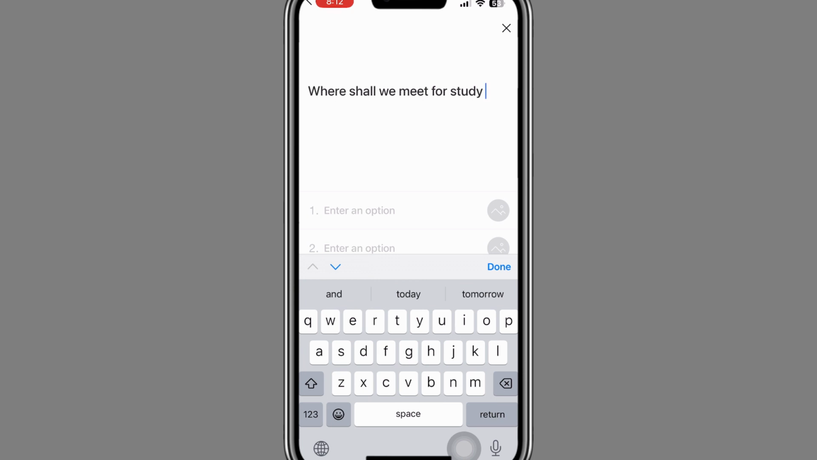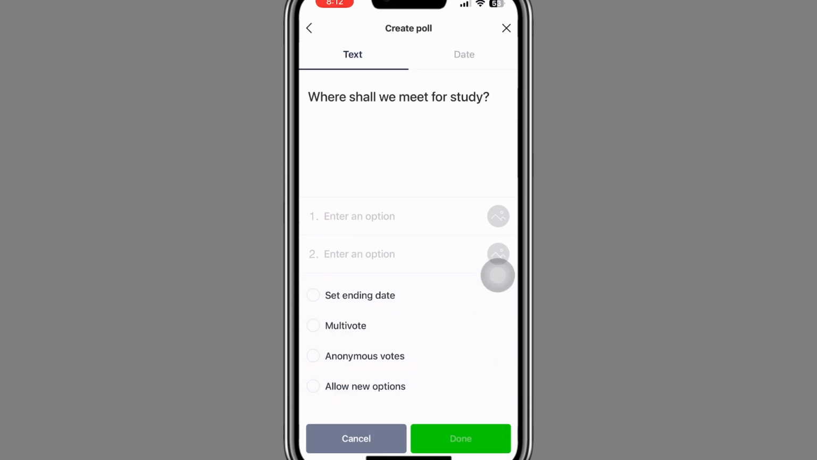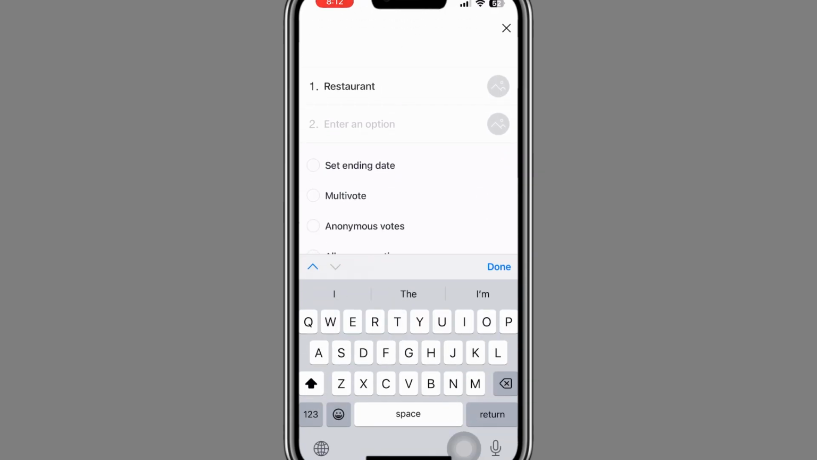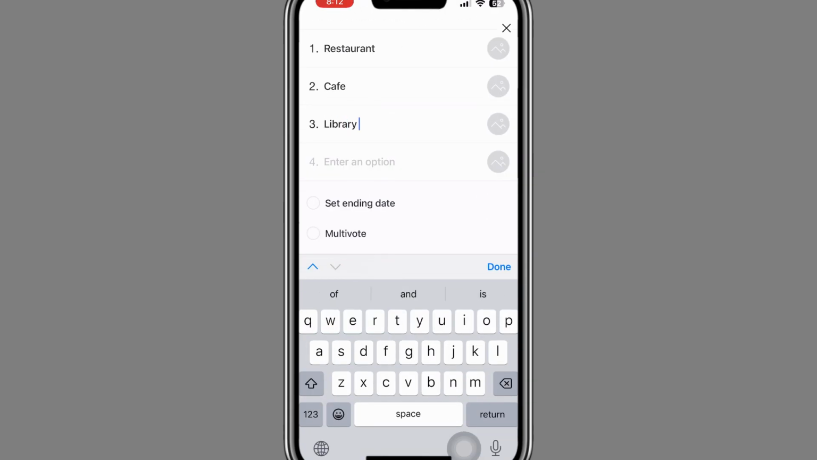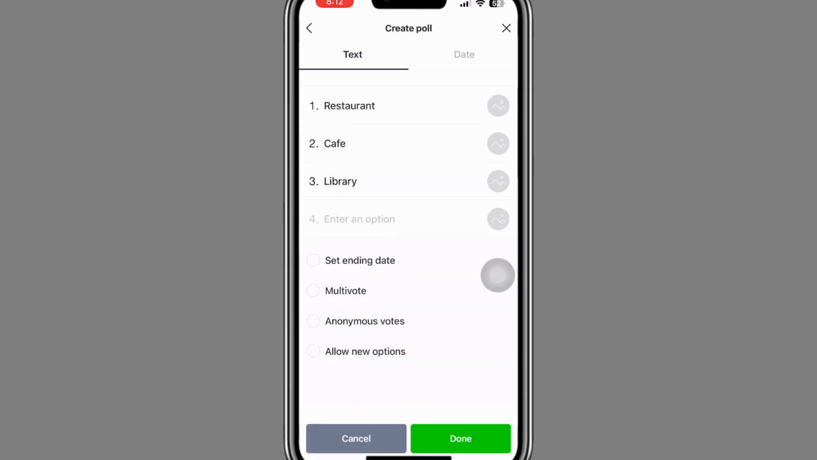Okay, you can type in where shall we meet for story and tap on done. Then list out your answer choices. You can usually add multiple options by tapping add option right here, like add your option. Okay, like this. Now you can customize whether people can select multiple answers, if participants can see who voted, and